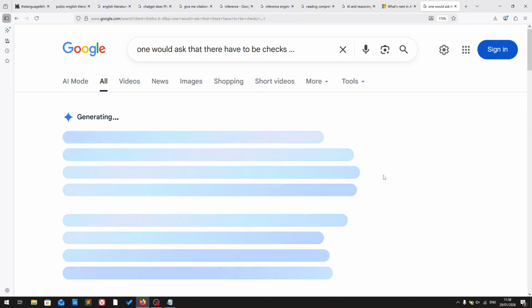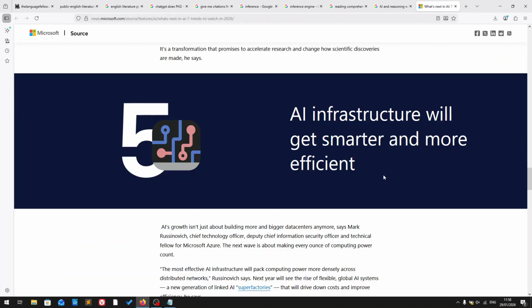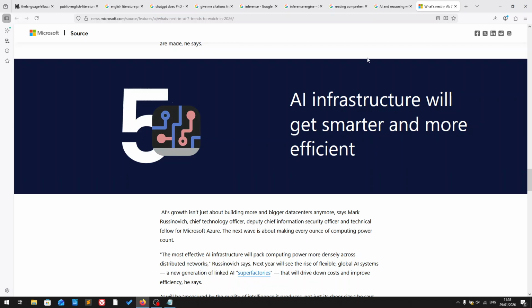So that's how serious this is. Anyway, AI infrastructure will get smarter and more efficient, because you will have this clause of limited responsibility and so on, and you can't depend on AI that's not being made transparent and explained. And then there is this idea of who has the biggest market share and other considerations.